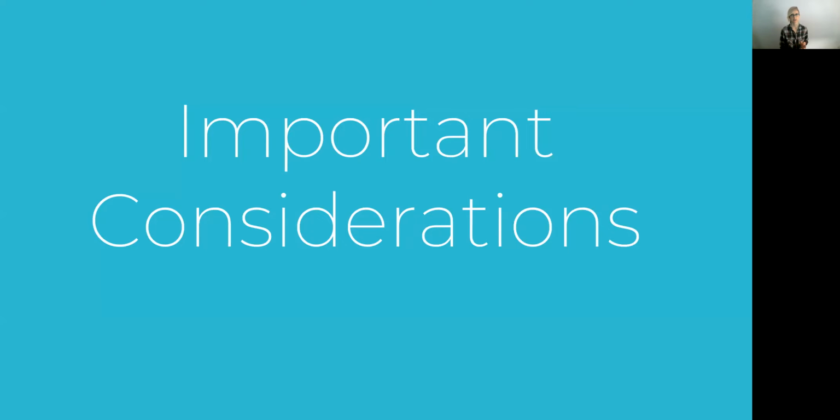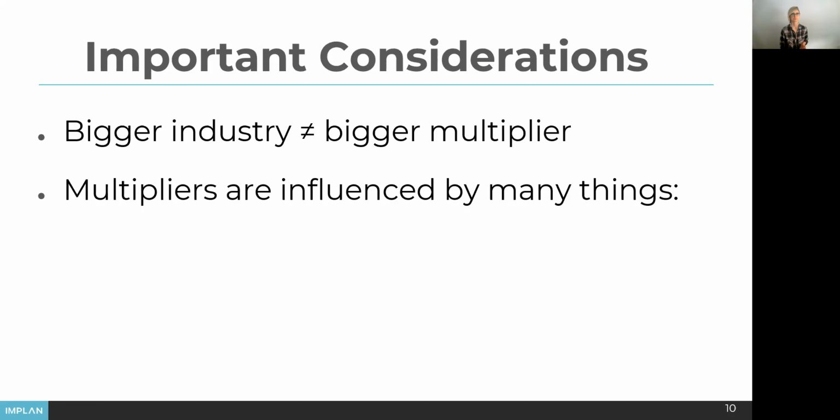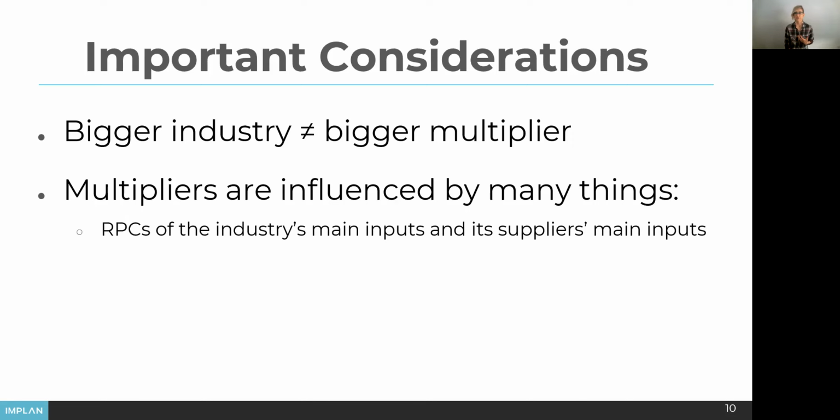Okay, now we get to some important considerations. A bigger industry does not always mean a bigger multiplier. Multipliers are influenced by many things, and chiefly among those, the RPCs, which means the regional purchase coefficient of the industry's main inputs and its suppliers' main inputs. And regional purchase coefficient just basically means